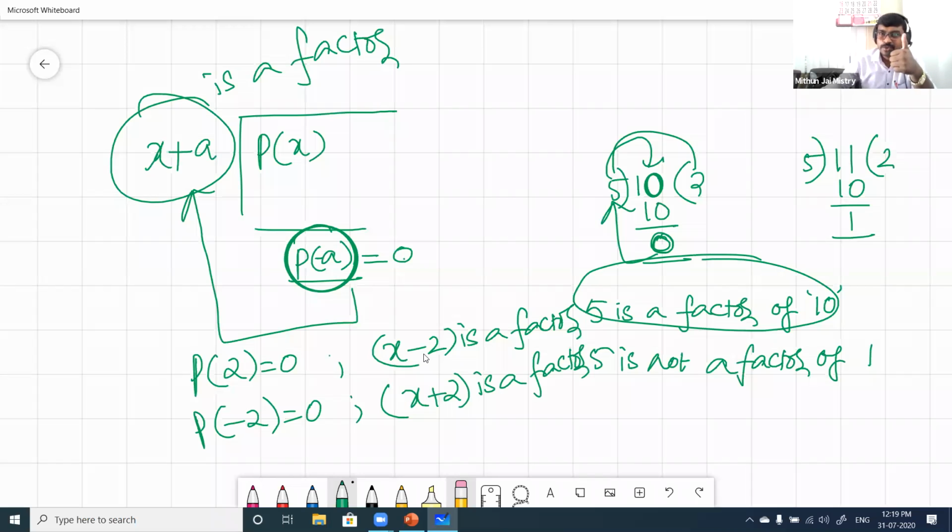Done? Show me thumbs up if you understood this. Yeah, Akshay understood very much, I think. Okay. Arvin is not showing the thumbs up. Let me see. Sorry. Let me show you